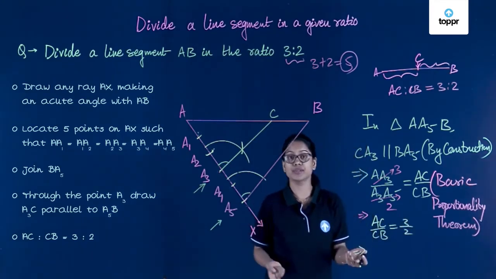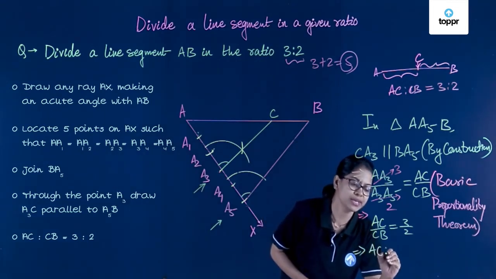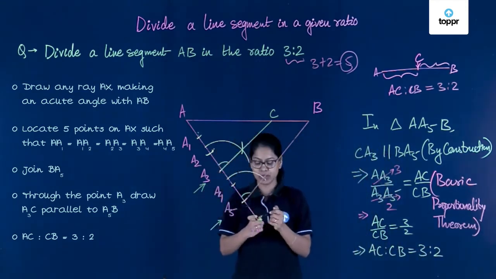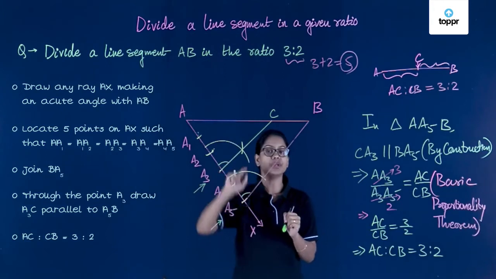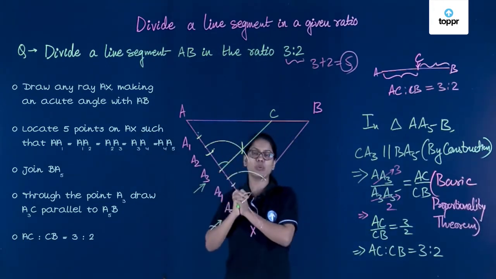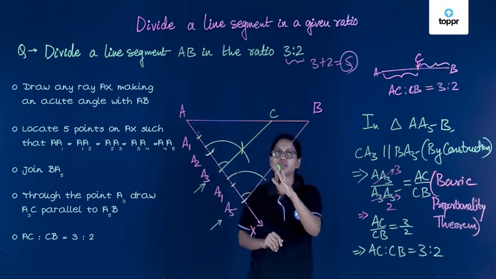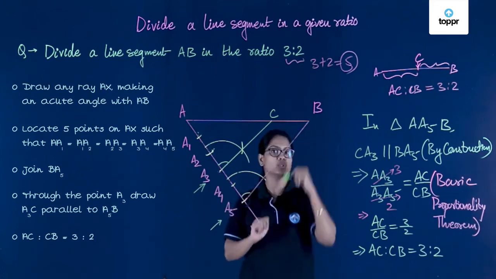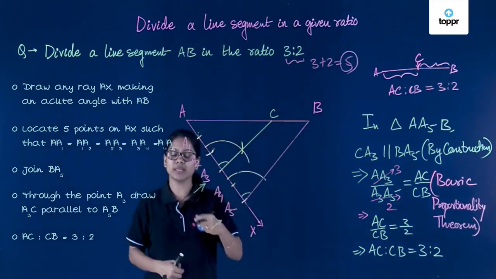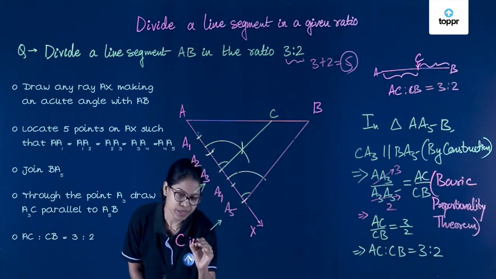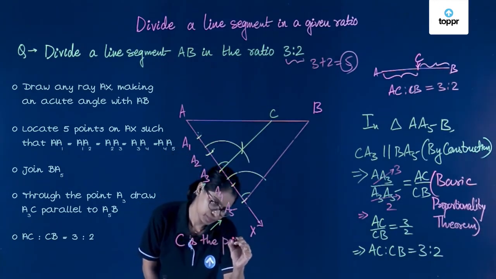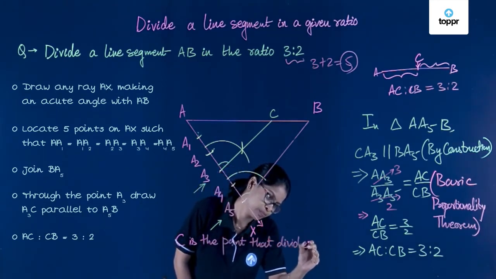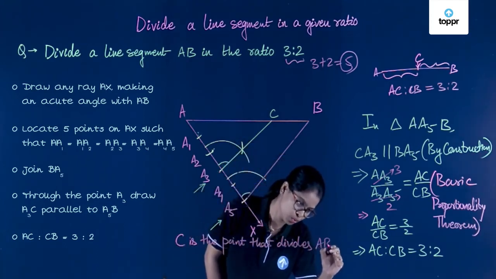Or if we can write this in the form of a ratio, so this becomes AC is to CB is equal to 3 is to 2. If AC is to CB is equal to 3 is to 2, that's exactly the ratio that we wanted in the question. Now let's go back to the question. Divide a line segment AB in the ratio 3 is to 2. That means C is the point which is dividing the line segment AB in the ratio 3 is to 2. So that is the conclusion of our construction. C is the point that divides AB in the ratio